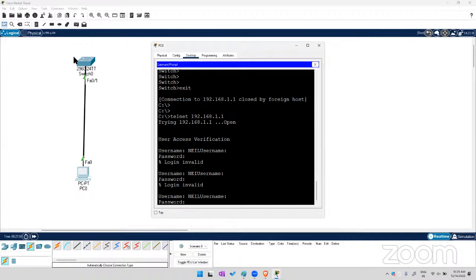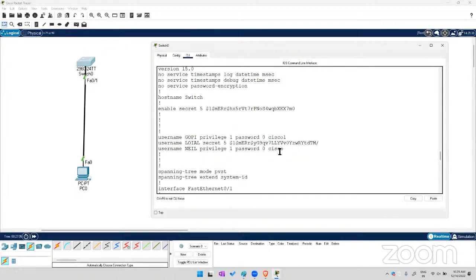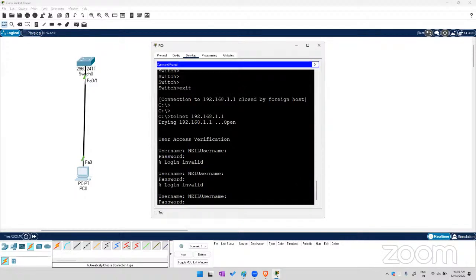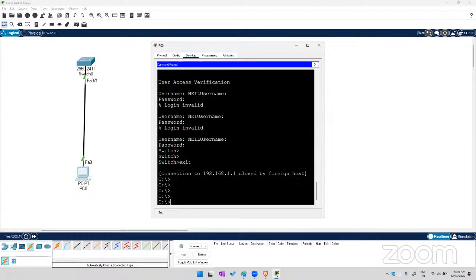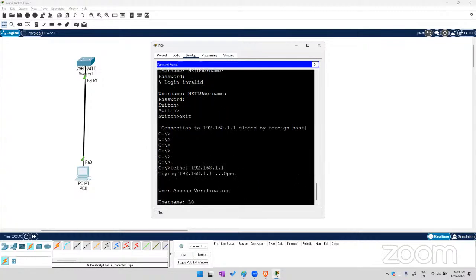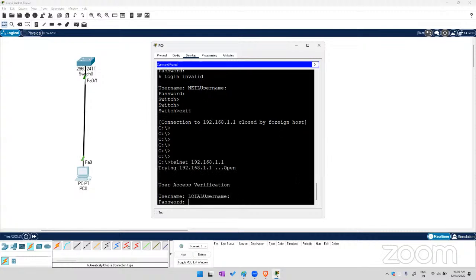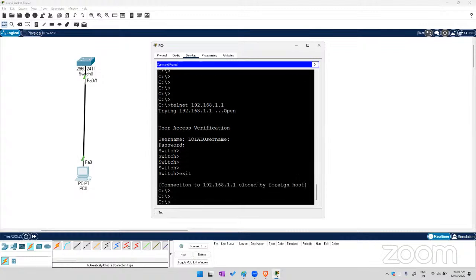Neil and password we need to check. I think the password is different. Neil password. Okay, Cisco. Yeah, now it's logged in successfully. If another user wants to log in, Loyal password is Cisco2. So again successfully logged in. So we can attach a local database if you want to verify which user logged in at which time